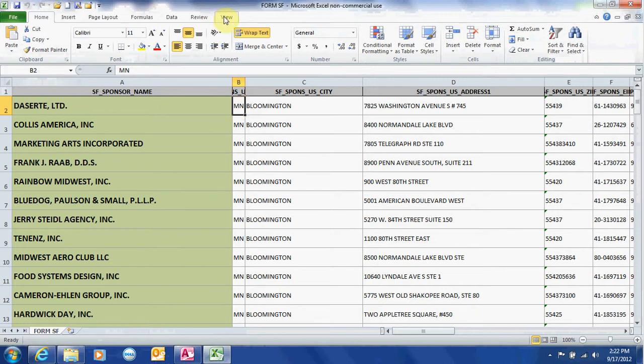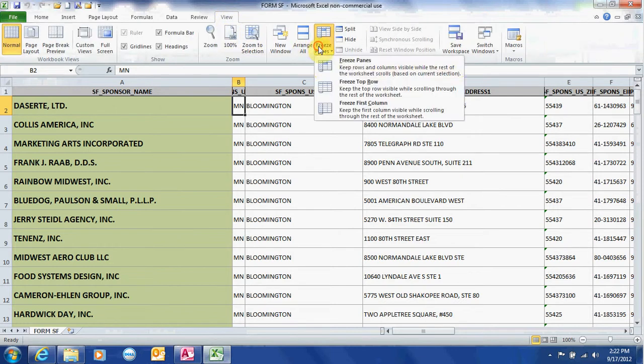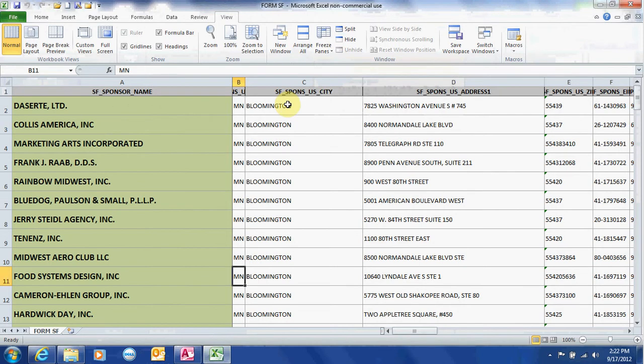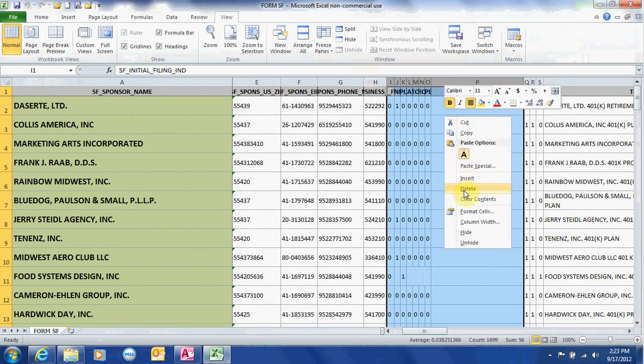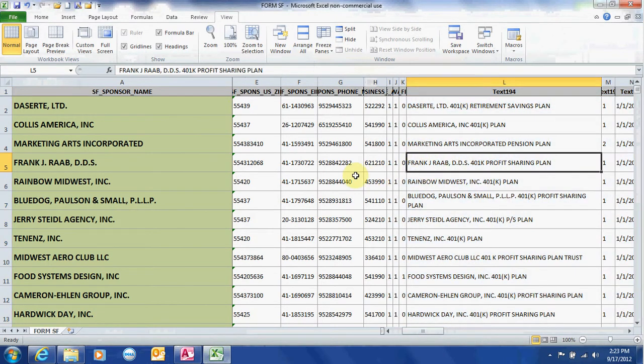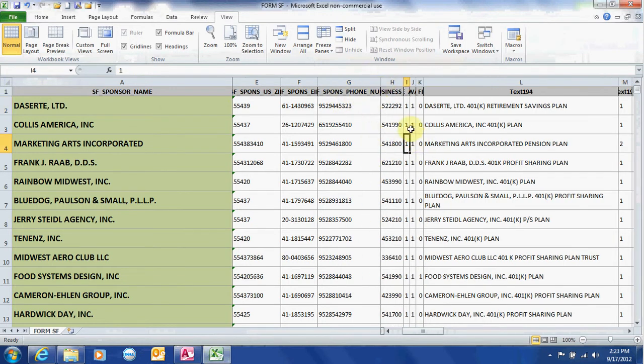Everyone knows how to use Microsoft Excel, Word, and Outlook, basically what they use day in and day out. So freeze your panes here, so you can hold your panes in there as you're scrolling across. Again, I use these as call sheets. I don't get real fancy, because even though you know who these employer groups are, it doesn't really mean anything unless you get an appointment. So to clean this up a little bit, I'll get rid of the stuff that I don't really need to know. I want to look at the phone numbers. Here's my call sheet numbers, and just go with it.